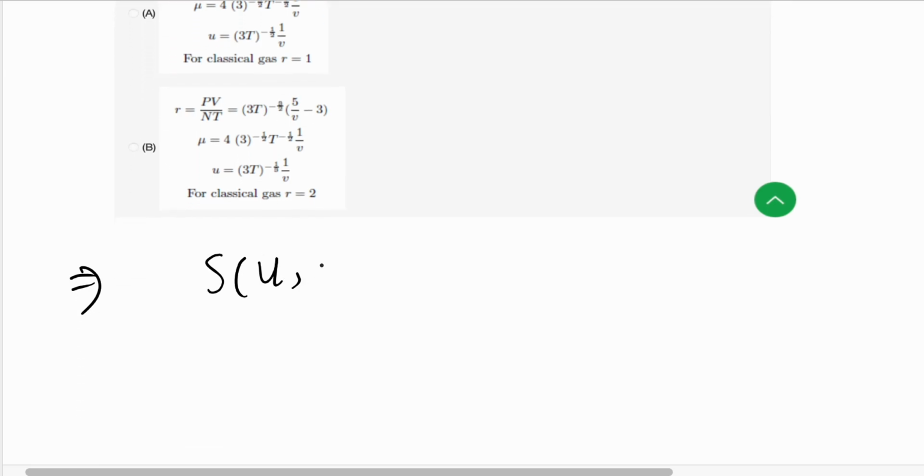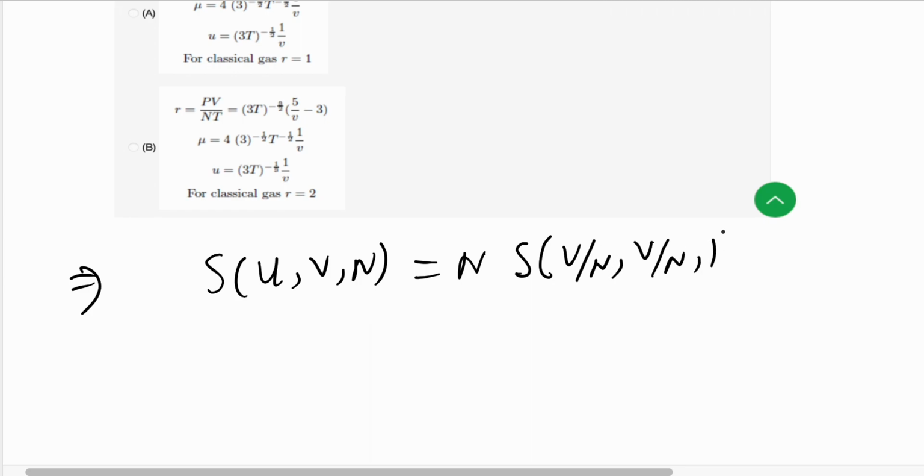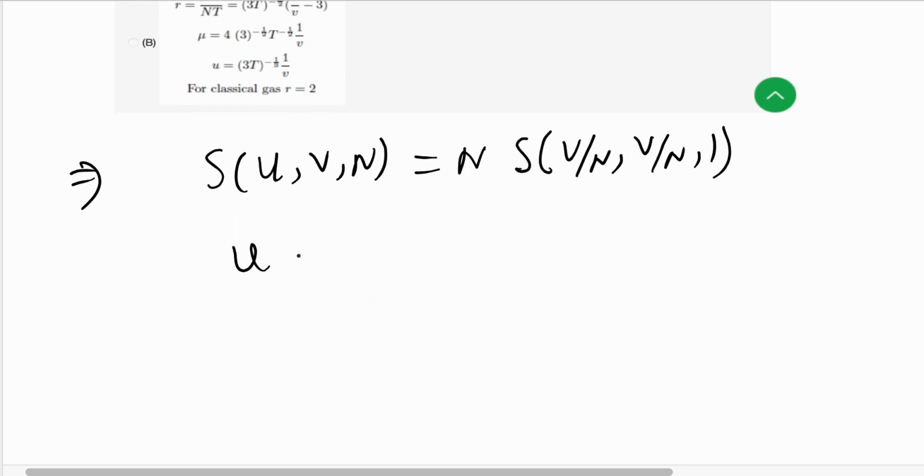S(U, V, N) is equal to N times s(U by N, V by N, 1). Now if I scale U to lambda U, V to lambda V, and N to lambda N,